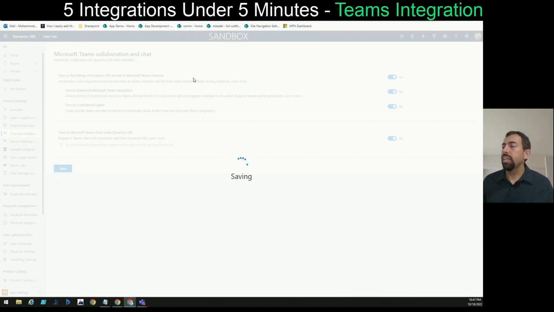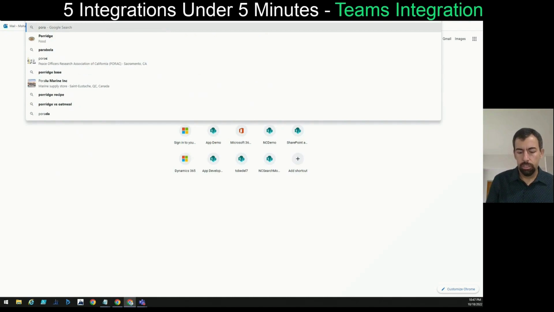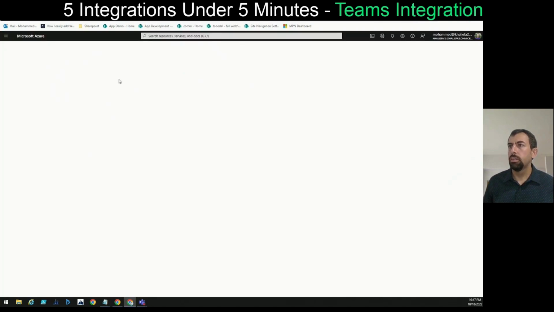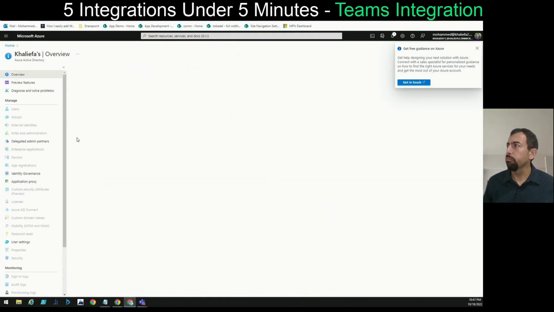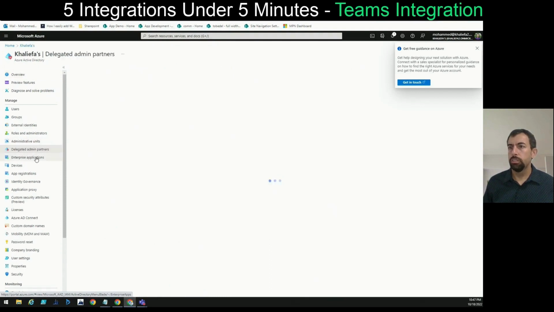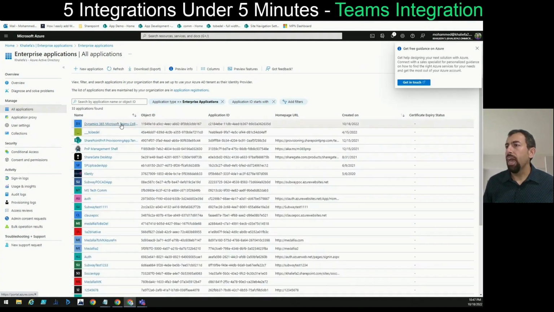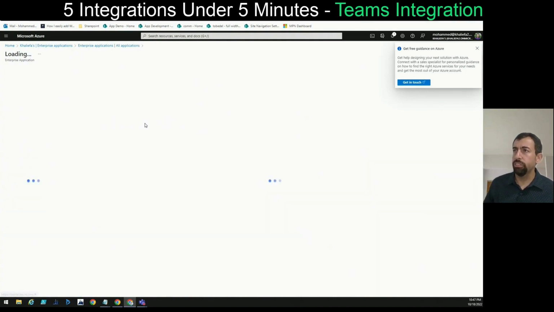So until this saves, what is going to happen is when you go to portal.azure.com, when you go to Azure, saving. And if you go to Azure Active Directory, and if you go to apps, you will see that there is a new app just created. And if you go to that app, which is Dynamics 365 Teams Collaboration Integration,